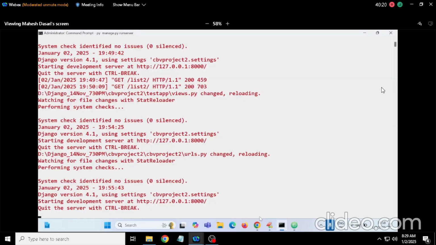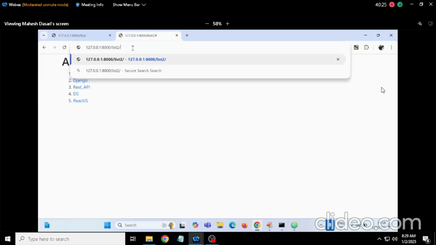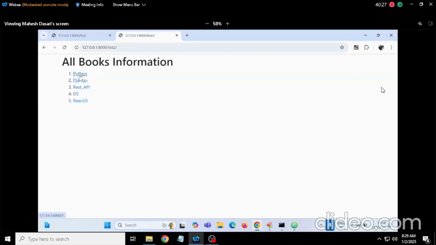Server started. Now come to this one. Remove this. Once I place the cursor, it is pointing to the first book. This URL will use the URL pattern, and it will display the first book information. Python 120, 150 pages, React.js, REST API, data science,